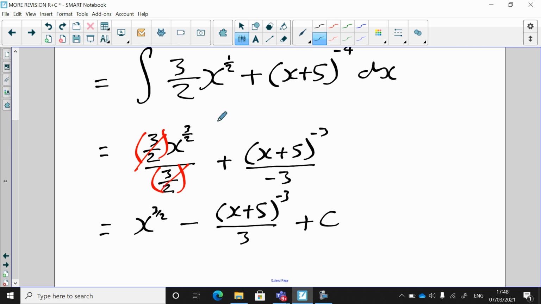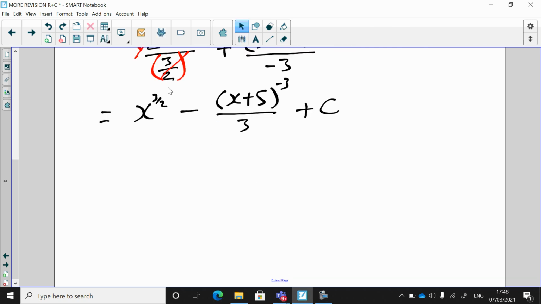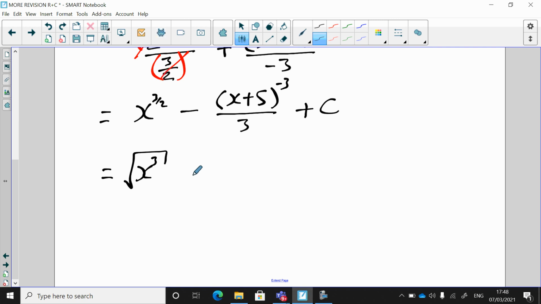So if that's the case, you can go for that there. So x to the 3 over 2, when the 2 is in the bottom, that's a square root of x cubed. That's the top power for the fraction. So I could write it like that, and I could bring